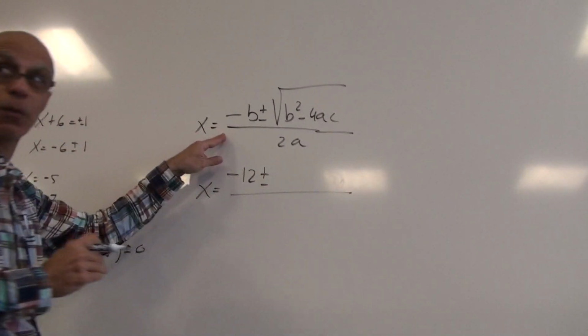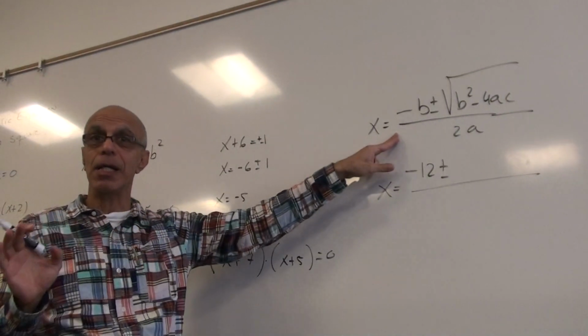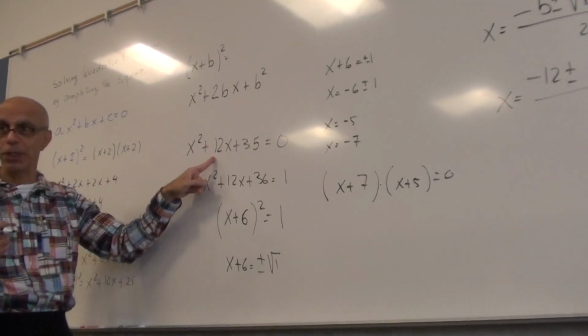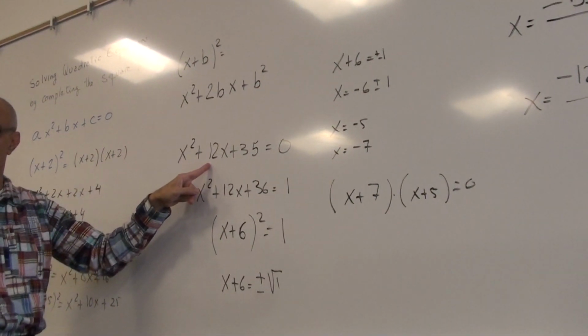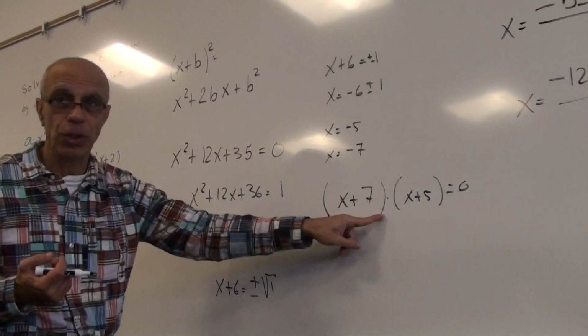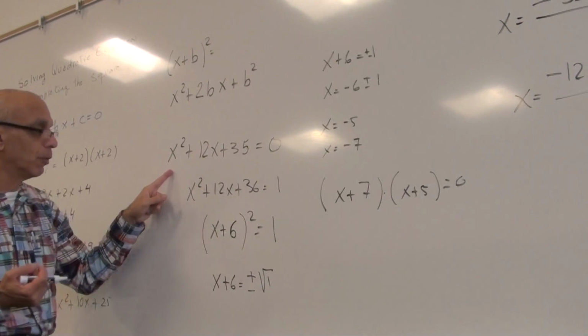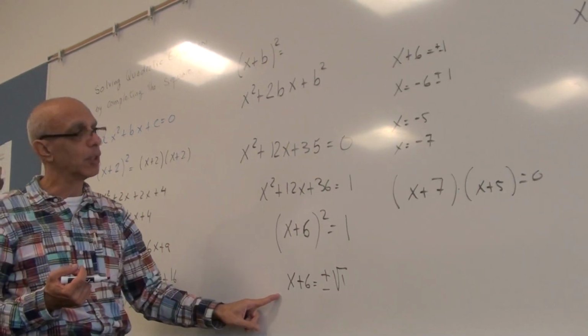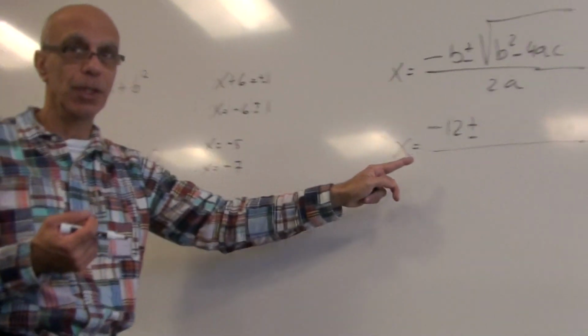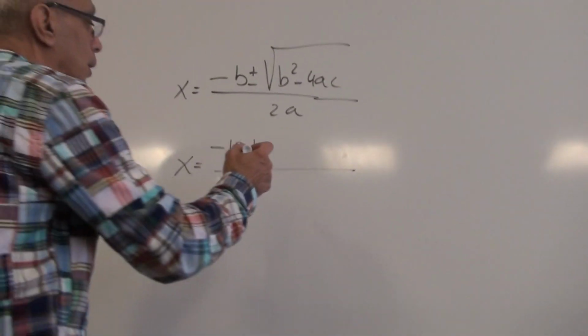And by the way, the quadratic formula works for any quadratic equation. It so happens that this one here is a factorable quadratic equation, right? So we could factor and solve it. We could also use the completing the square strategy, right? Method to solve it. And now we're using the quadratic formula, okay? So